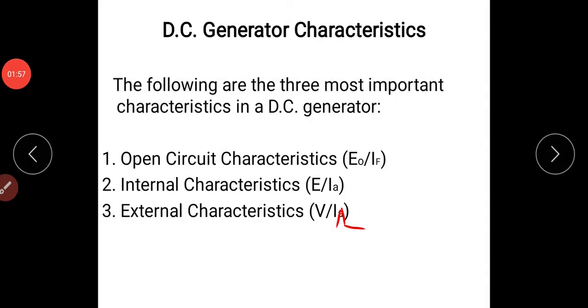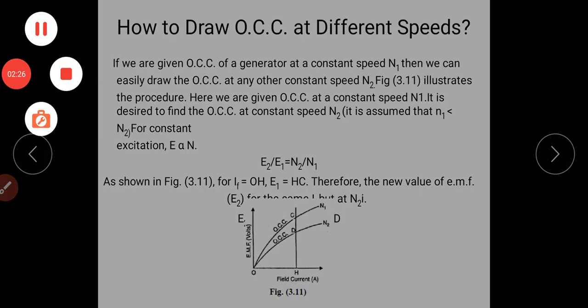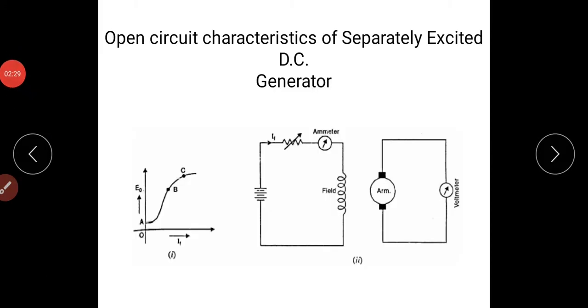Okay, now we will see the characteristics in each generator. We know the different types of DC generator: separately excited DC generators, and self-excited DC generators. The self-excited DC generators are again divided into three types: series generator, shunt generator, and compound generator. The compound generators are again divided into two types based on the magnetic flux direction: cumulatively compound DC generator and differentially compound DC generator. Okay, first one, separately excited DC generator characteristics.